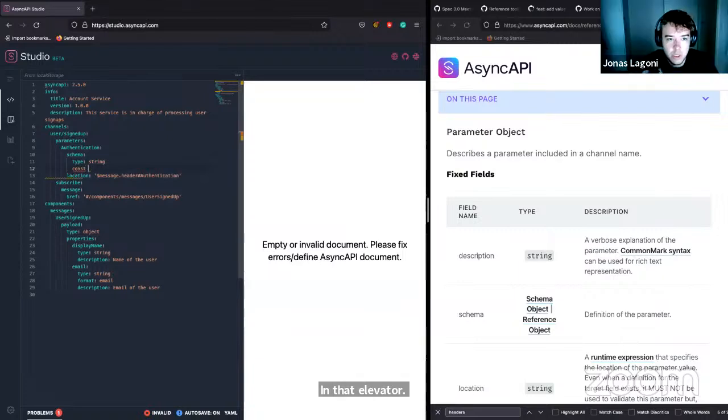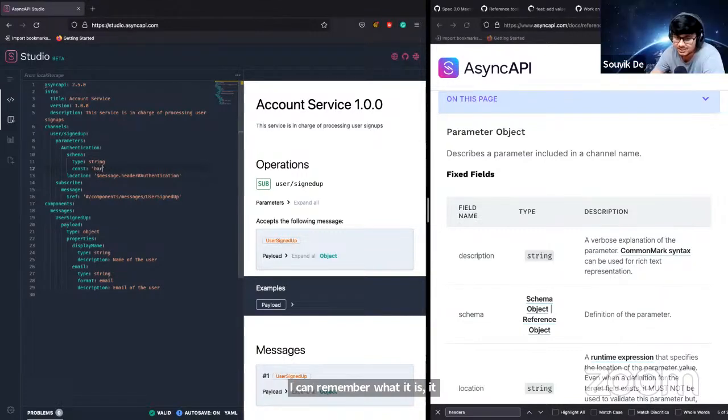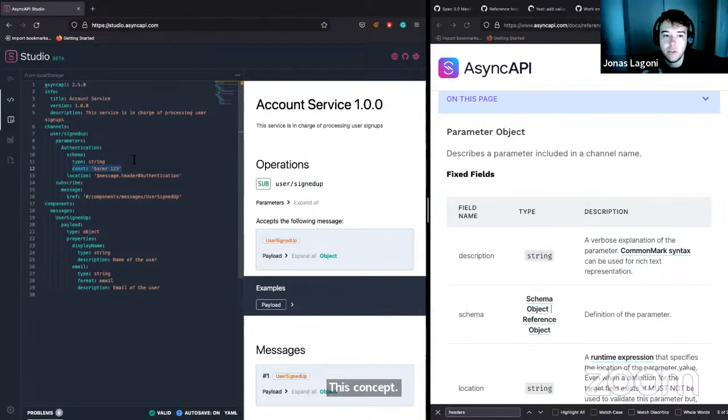But wouldn't that be the same as doing this? I can't remember what it is. Like you can do that, but it says it should be a const. It's true that you can't define here exactly that this, for example, is a parameter that you provide. That's not possible with this schema. But it is possible to, for example, do